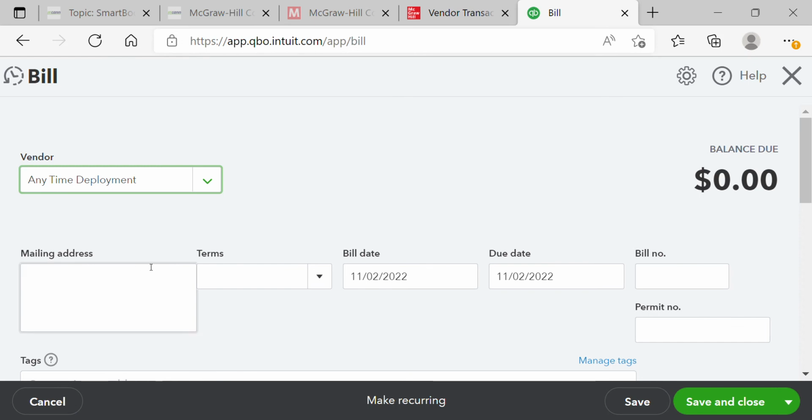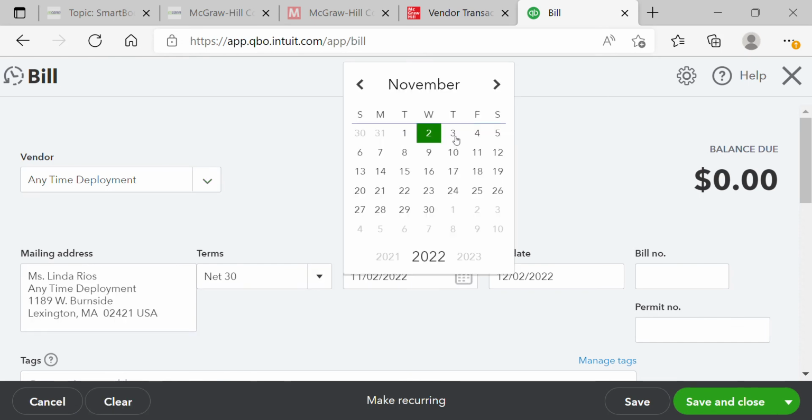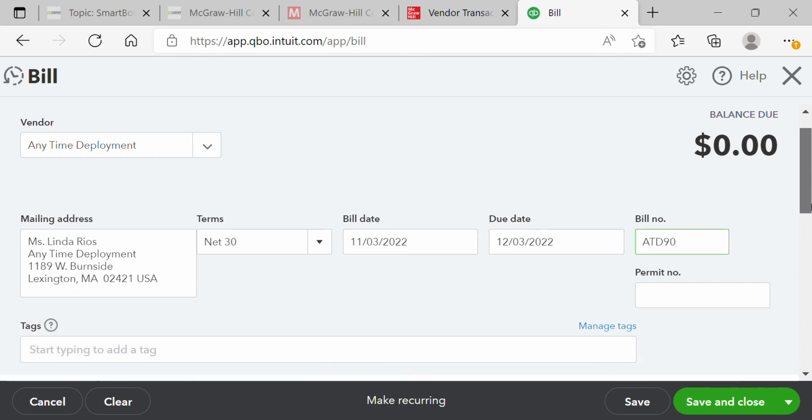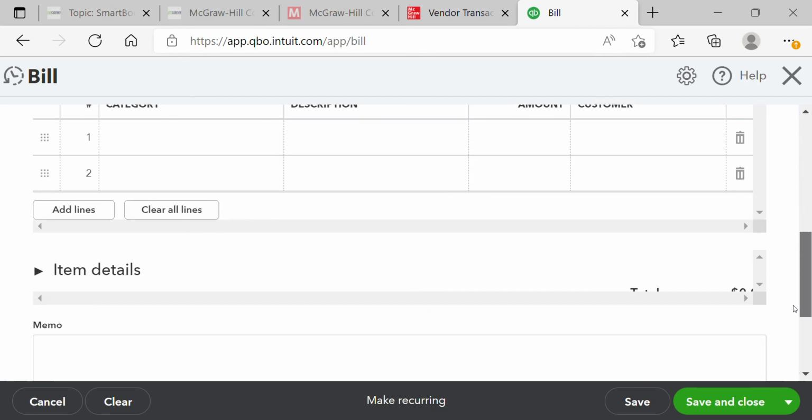And the date is 11/3. It'll automatically populate to 12/03. The bill is capital ATD 90. Scroll down, and under items detail,